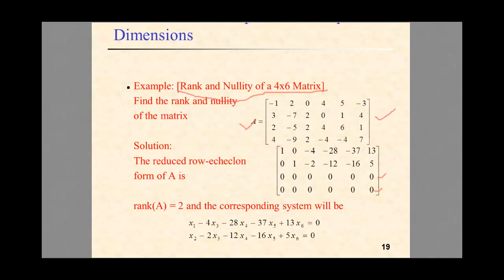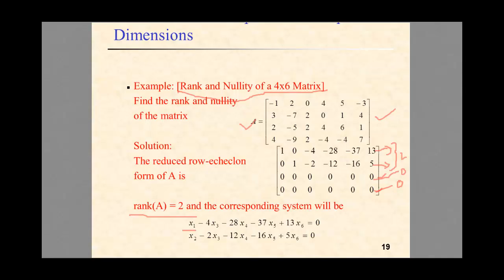So what is the rank of this matrix? As we discussed, the rank is the number of non-zero rows. This row is non-zero, and this row is non-zero, and the third row is 0, and the fourth row is 0. So only 2 rows are non-zero. So we say that the rank of A is 2. Now we observe that there are 4 equations and 6 variables. So we can write